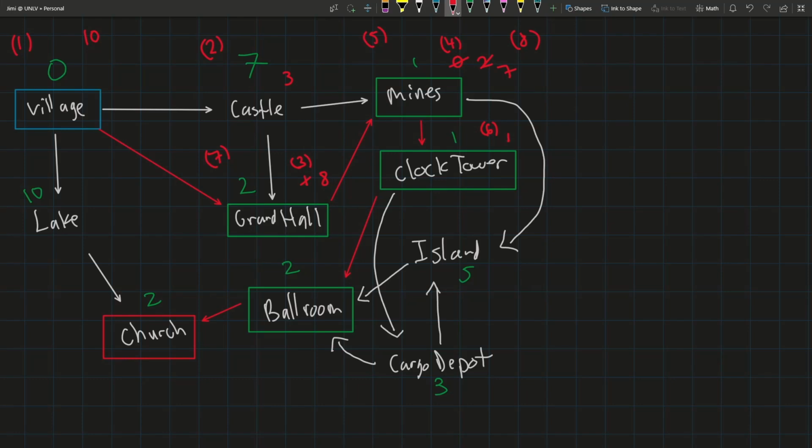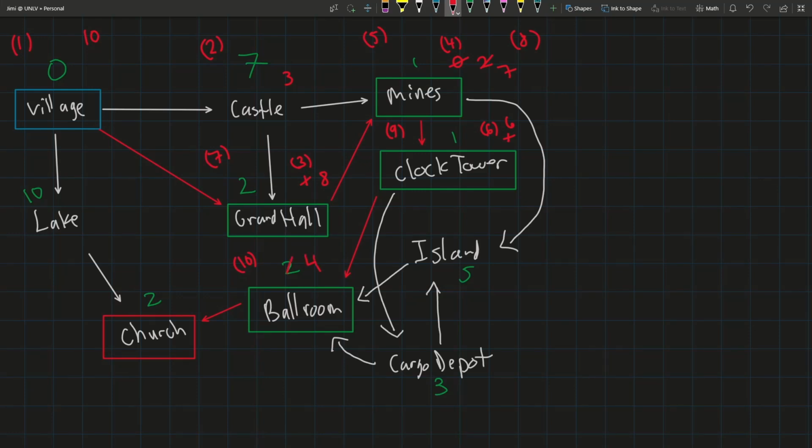And then this will be our 9th function call. Of course, this time around, we would have actually 6 ammunition because we had 7 at Mines and we had 1 enemy at Clock Tower. So of course, we go there. Let's suppose from Clock Tower, we just go to Ballroom. So I'm going to shorten this a little bit. So we go to Ballroom for our 10th function call. And of course, you would have 4